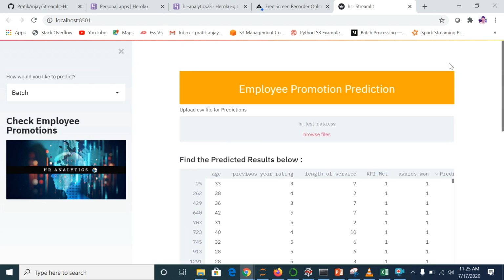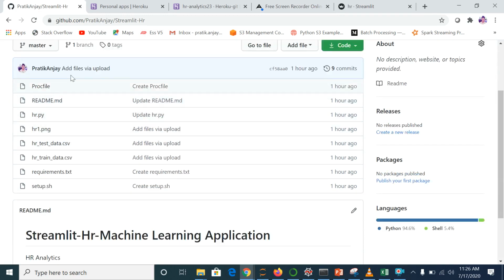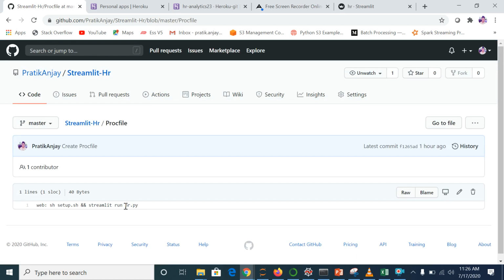So let me show you my GitHub repository, because that is important to deploy this model into the Heroku platform. So I will tell you this. There are two, three files that are very much important: the Procfile, requirements.txt, and setup.sh. In the Procfile, you have to mention your .py file where you have written the code.